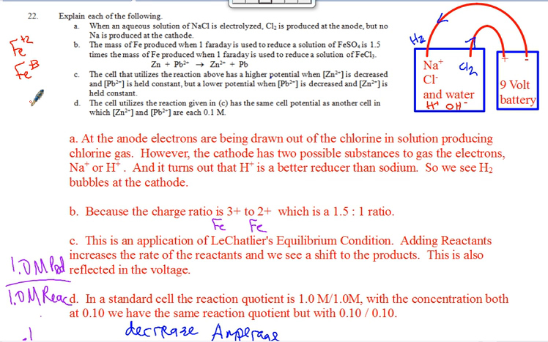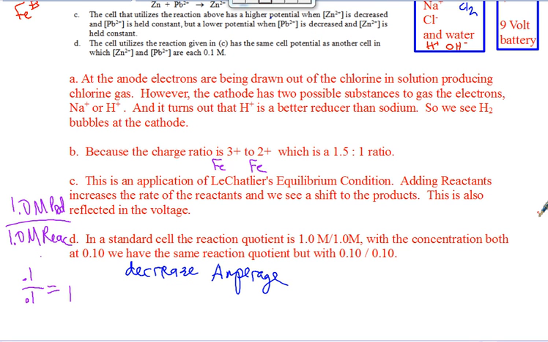Part D. The cell utilizes the reaction given in C has the same potential as another cell in which zinc and lead are both 0.1. Usually we have a 1-to-1 ratio initially, but a 1-to-1 ratio is the same as a 0.1 to 0.1 ratio or a 2/2 ratio. As long as the molarities of both of them are the same, then we're in the same position on the equilibrium distribution, because it's products over reactants. We usually start with standard cell concentrations of 1 molar and 1 molar, but the difference by changing the molarities